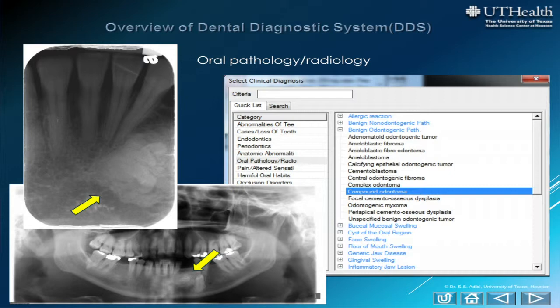Oral pathology and oral radiology category have numerous subcategories listed as following: allergic reaction, benign non-odontogenic pathology, benign odontogenic pathology, buccal mucosal swelling, cyst of the oral origin, face swelling, floor of mouth swelling, genetic jaw disease, gingival swelling, inflammatory jaw lesion, lip swelling, malignant neoplasm, metabolic jaw disease, throat or neck swelling, oral or perioral pigmentations, other hard tissue lesion,